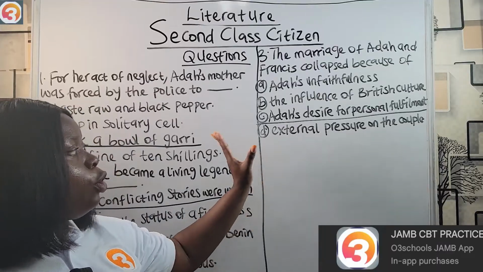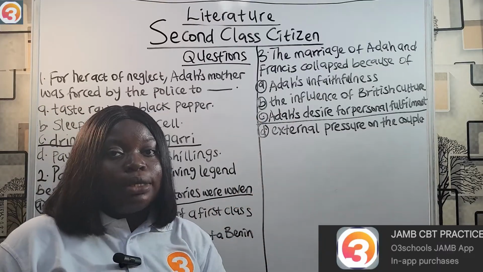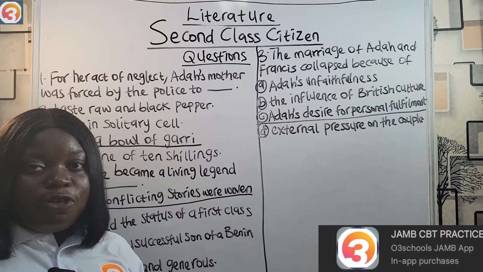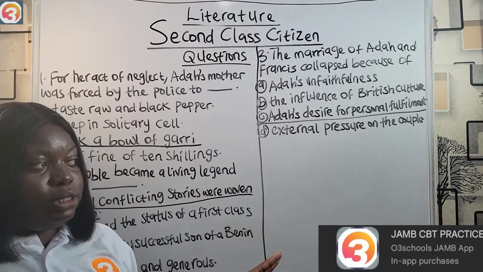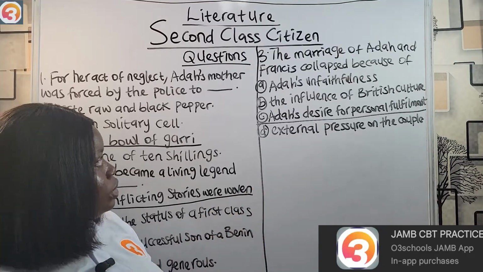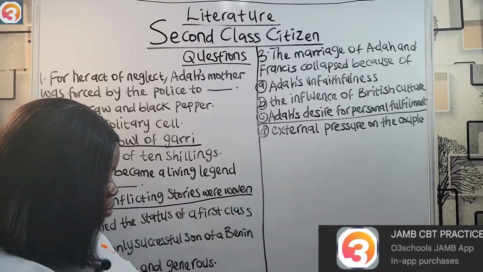So we see the marriage collapsing finally when he burns Ada's manuscript, her very first novel. So when he burns it, that is the last straw. Ada can take it no more. And that is when she left with her children. Next we have